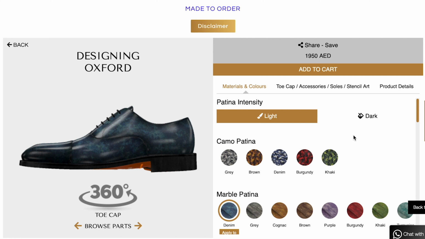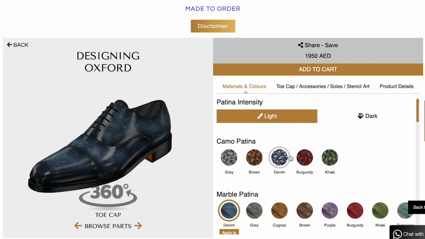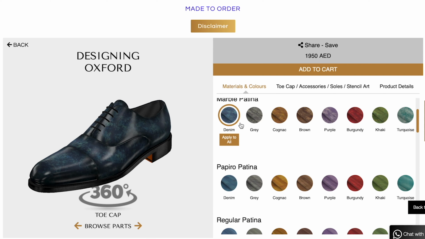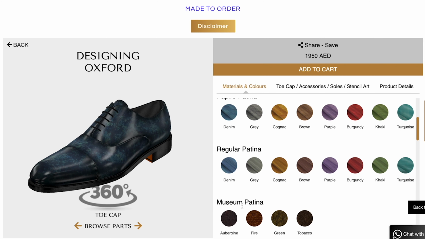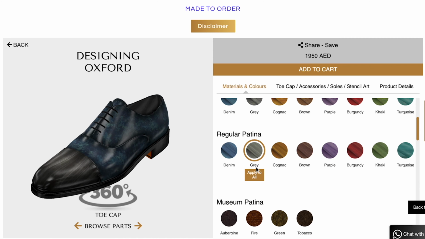So here you can see the interface open. This is the cap toe, and on this side you can see the different kind of patinas that we offer. Here you have the choice of marble patina, papiro patina, regular patina and museum patina over here. Let's say we want to create something in a gray shade. So the options that we have, I'm clicking on the toe cap and selecting regular patina in gray color, and